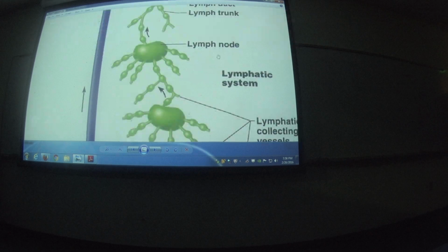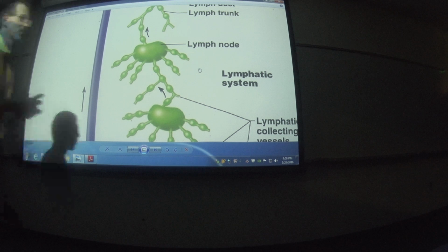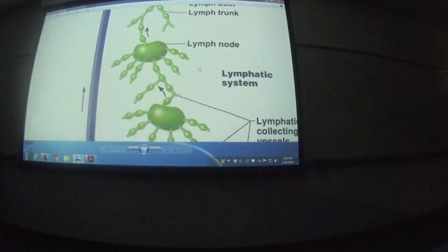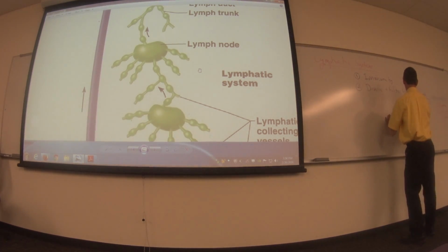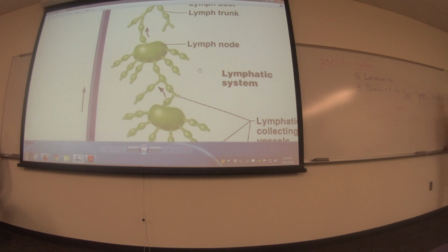So then what are these things? What's a lymph node then? Cleansing station. Yeah, so why would I need to filter my lymph? Let's write that down. So lymph nodes are where you filter. So we got to figure out why. So the filters are called nodes. Why would I want to filter this fluid? Might have waste in it, or worse. What else might be in it? Old cells? That's not so bad. There's something that's really bad.